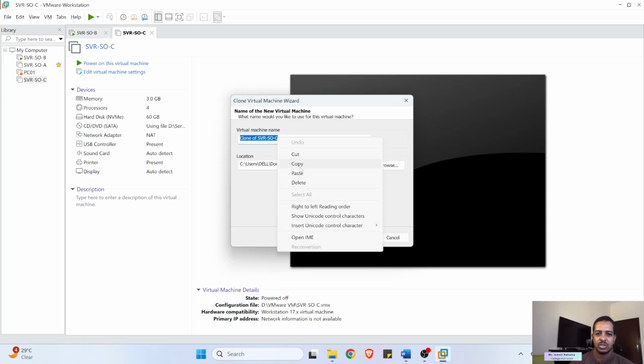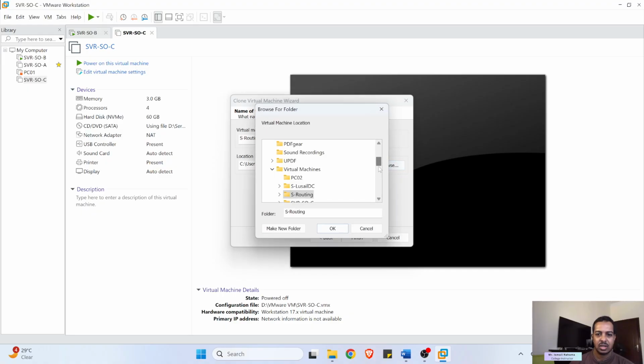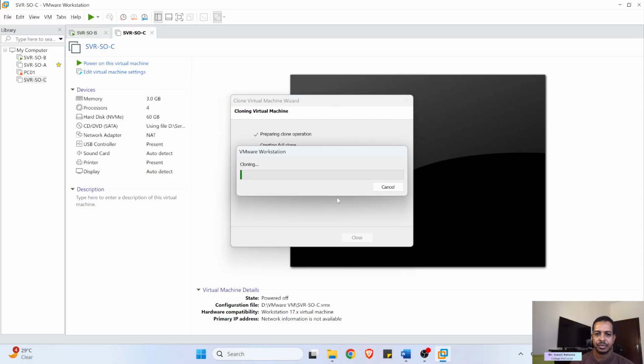Next, our server will be S Routing. I'm going to change the directory. I have a dedicated directory, you can skip this part because I will have a conflict here. So I have a folder dedicated for virtual machines. I'm going to click OK and click finish. Continue. This is the first clone. All right, and our second clone